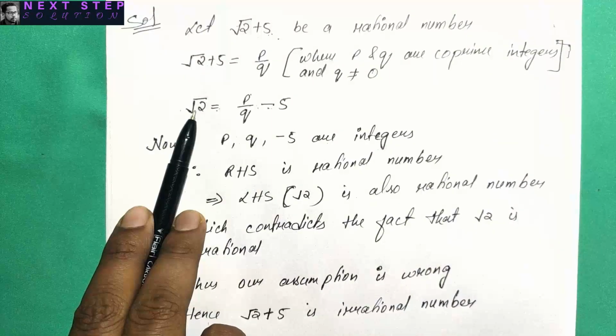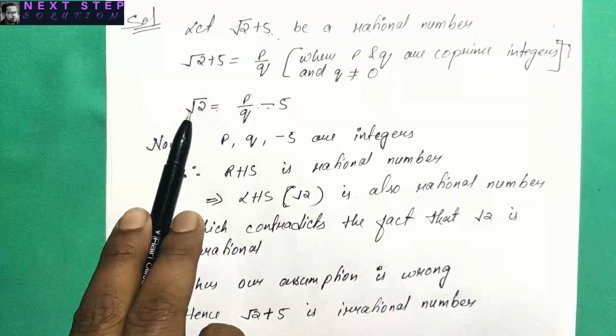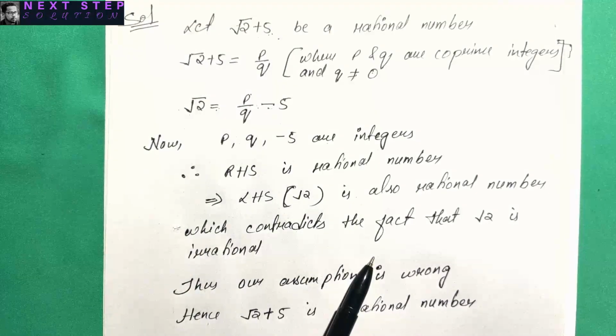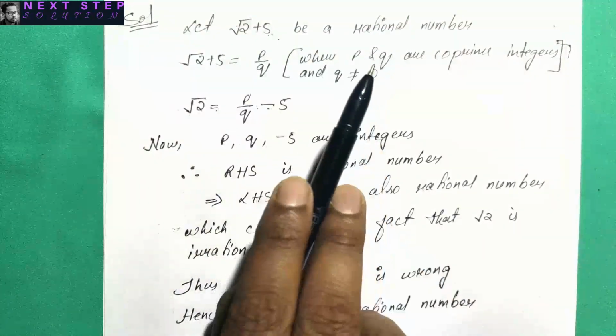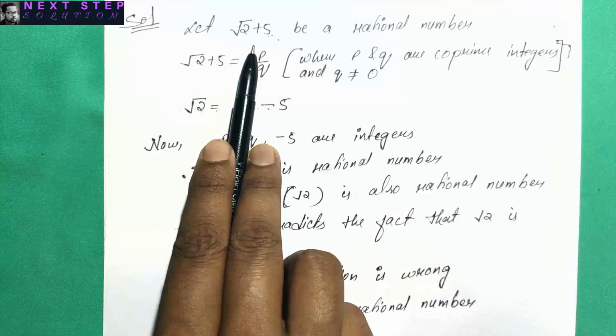If this part becomes a rational number, that means the other part is also rational number, which is not true. We know that the root of any prime number cannot be a rational number. It becomes an irrational number. Thus our assumption becomes wrong, and if our assumption becomes wrong, that means calling it as rational number is wrong. It is an irrational number. Hence